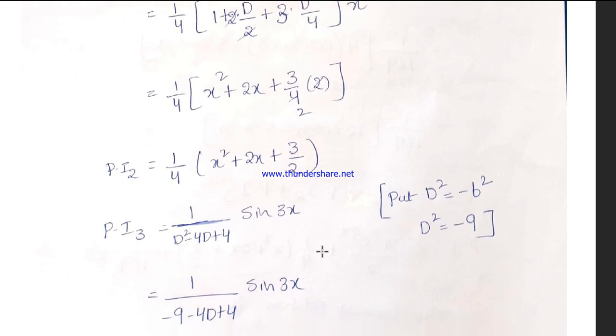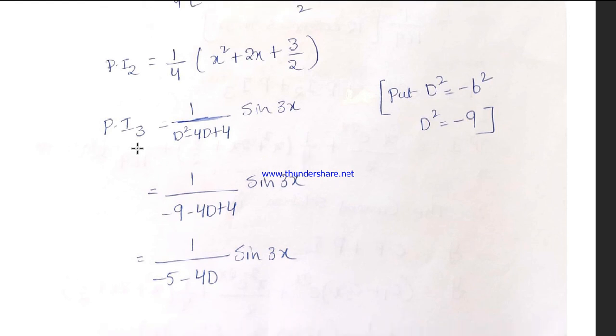So last particular integral PI3 equal to 1 by D square minus 4D plus 4 into sine 3x. So this is in the form of sine bx. You can put D square is equal to minus b square. b value is 3, so that's why D square is equal to minus 9. Then you can substitute D square is equal to minus 9. We get 1 by minus 9 minus 4D plus 4 into sine 3x. We get the value, sorry, minus 9 plus 4, we get minus 5 minus 4D